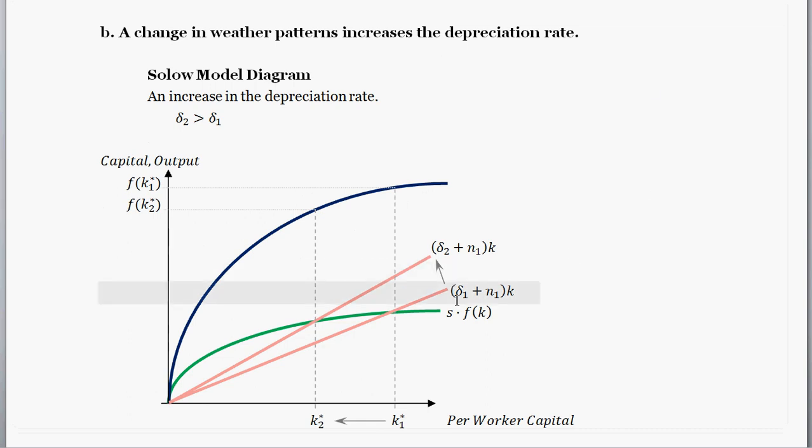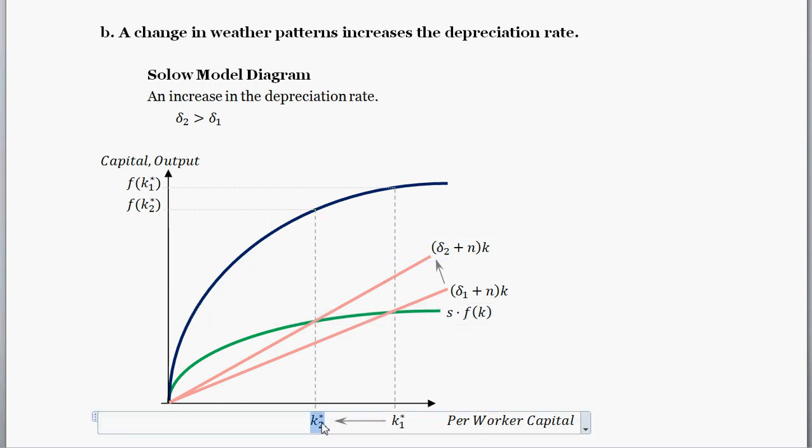So yeah, let's draw this out. You can see we had our initial level of depreciation, which was the delta sub 1 there. And then when we increase the depreciation rate up to delta sub 2, we have the new higher sloped break-even investment line. So we shifted from here to this line. At our initial economy, at that initial lower level of depreciation, the steady state level of capital, where break-even investment intersects savings, was this k star sub 1. Given the new higher break-even investment line, given the new higher depreciation, we have this lower level of steady state